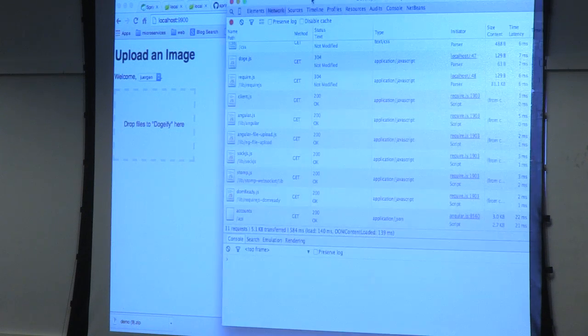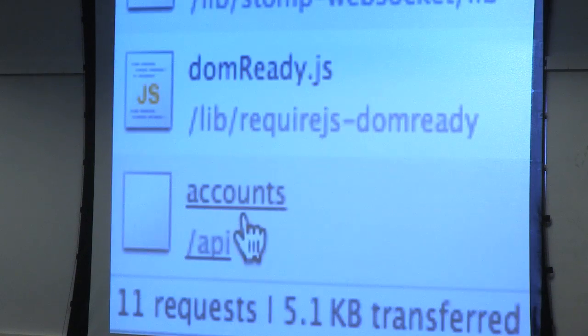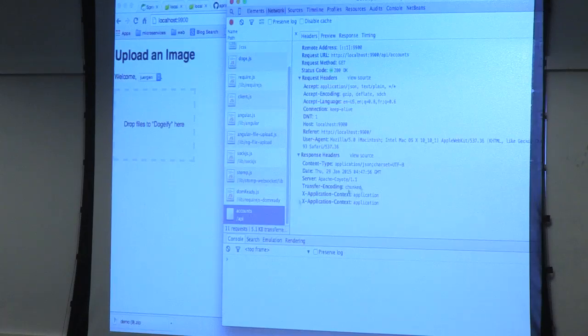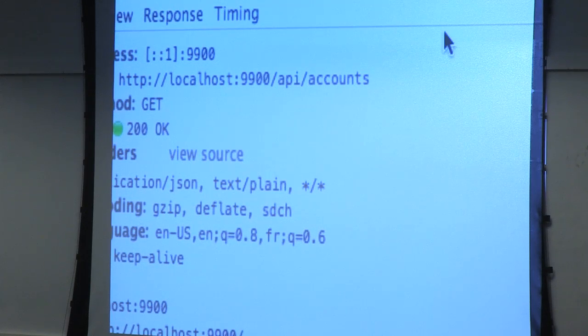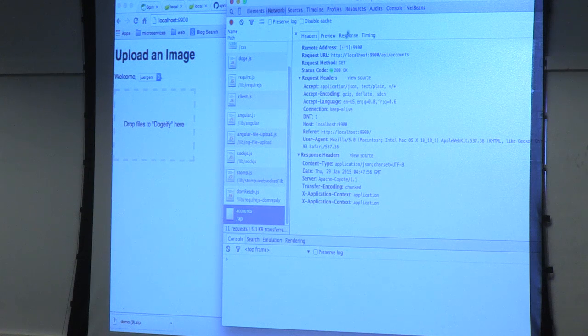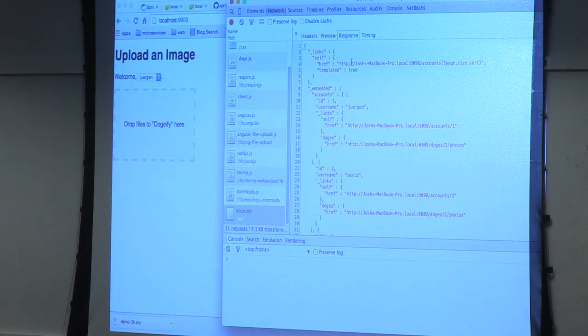And if I go to the developer tools here, I can see that it's /API/accounts on localhost. And then the response is a link that points, it's actually betraying the fact that it's being proxied. That's on purpose in this case. It's a link that points to the original Doge service, not the transformed proxied URL, right?